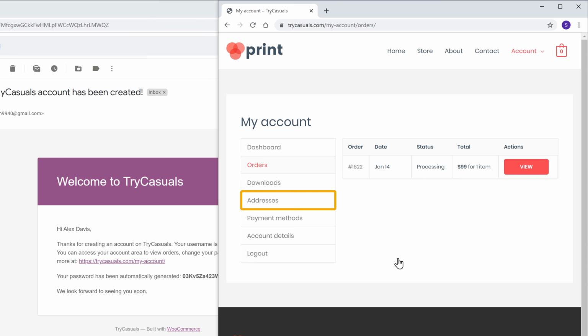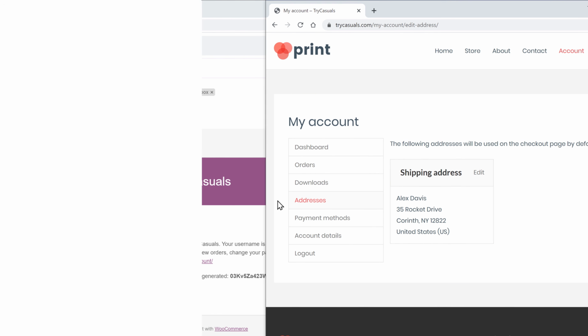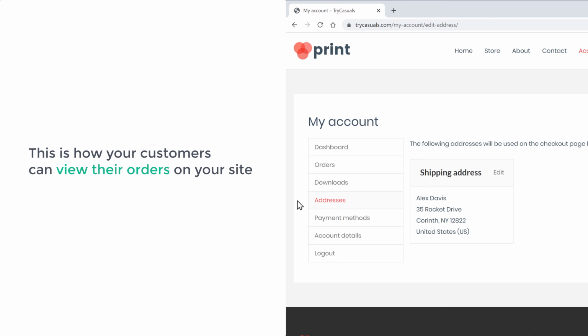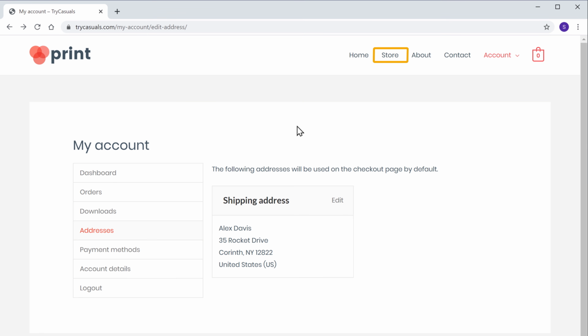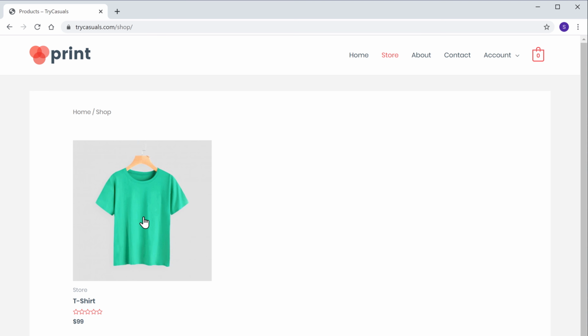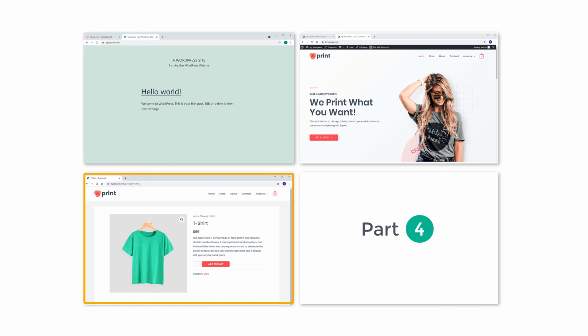And now if we go to addresses, they can even update their address. So this is how your customers can view their orders on your site. Now let's go back to our store. Okay, so now we've successfully completed setting up our store.